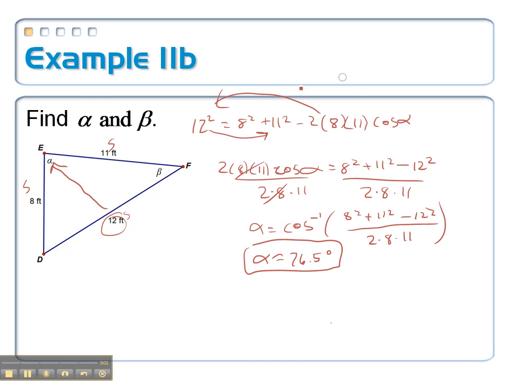So let's continue on with example 11, part B. Already we have found the angle that we represent with alpha. We had to use the law of cosines to get it because it was side, side, side. It was across from the biggest side, so it was possible that it was obtuse. Turned out it wasn't, but that's no big deal. Once we find one angle, though, we can switch to the law of sines in order to